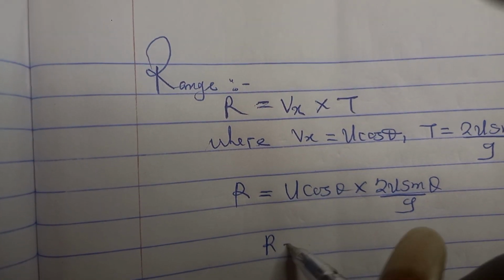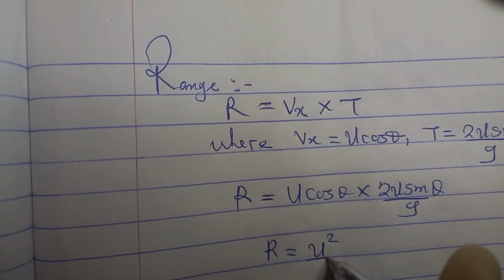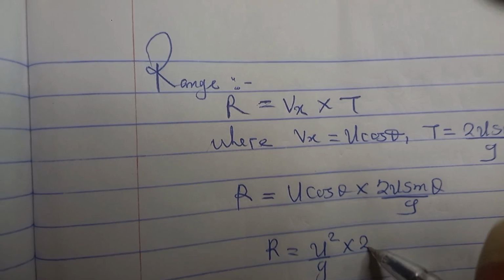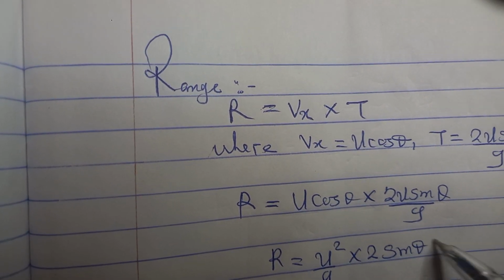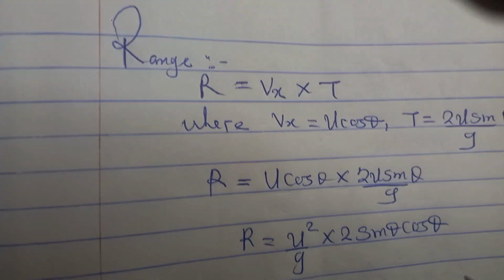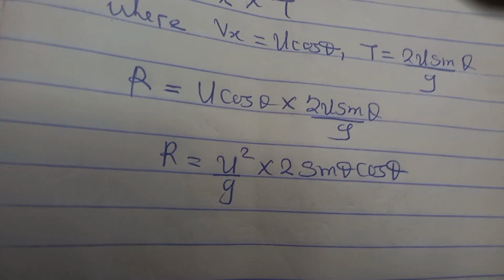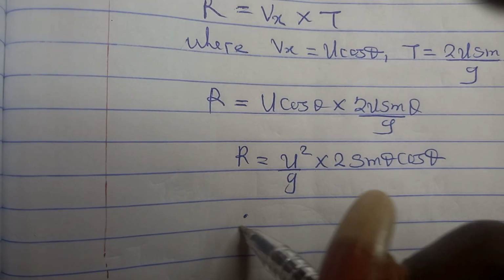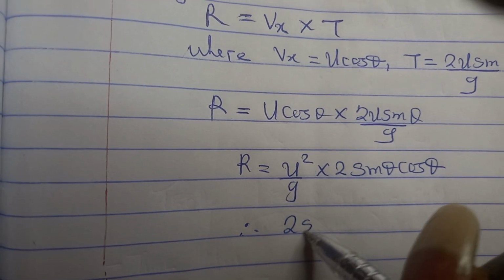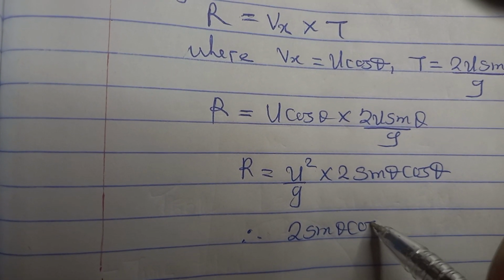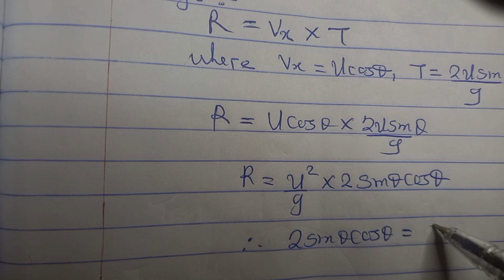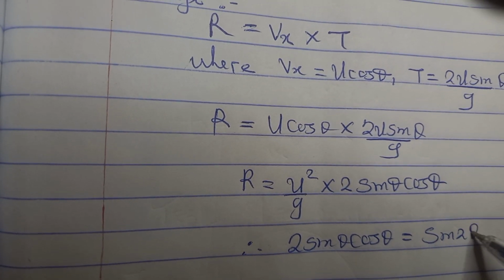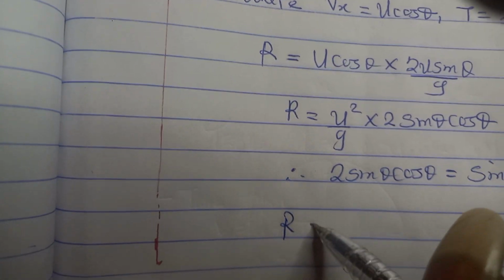If you multiply, you have u squared over g times 2 sin theta cos theta. Under the trigonometric identity, we know that 2 sin theta cos theta equals sin 2 theta. So we can just have our range equation to be